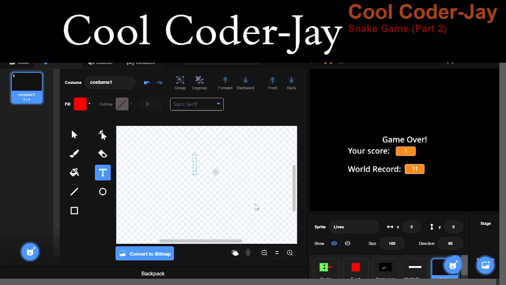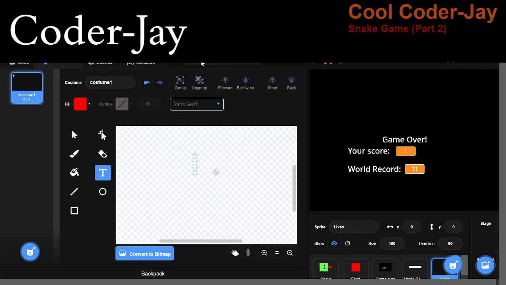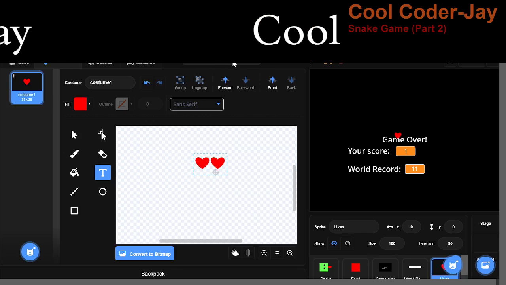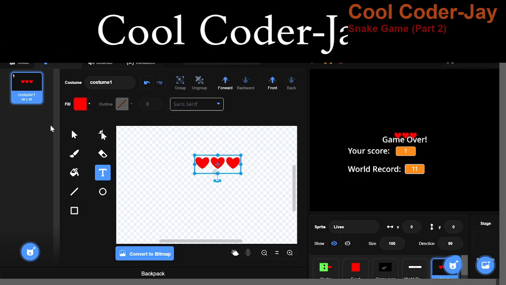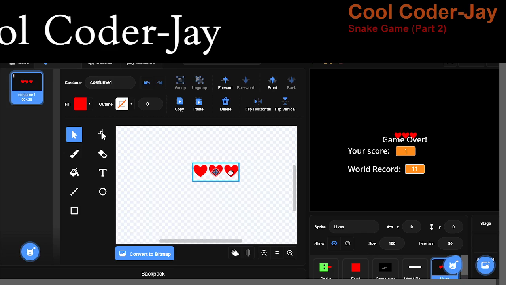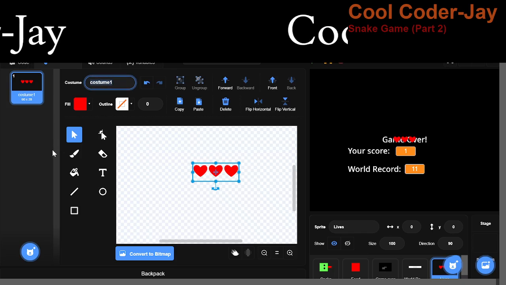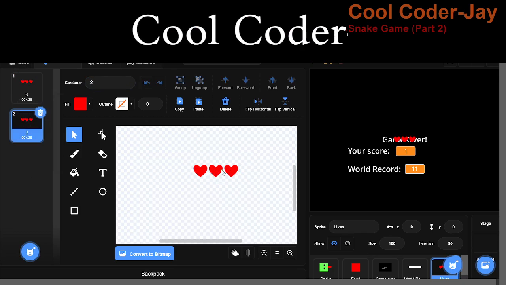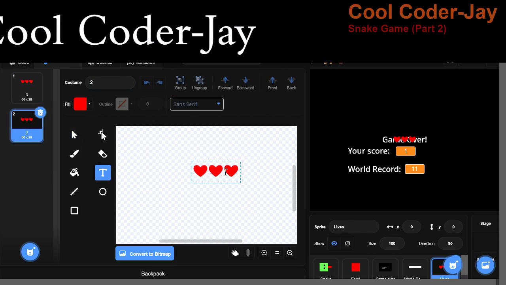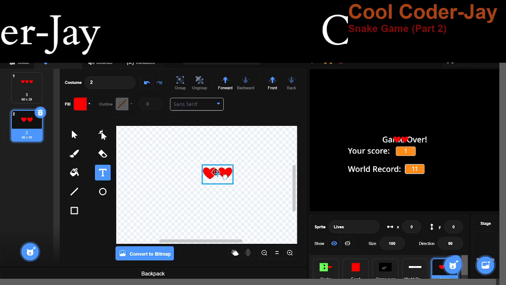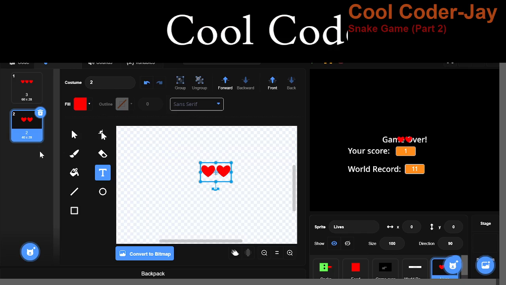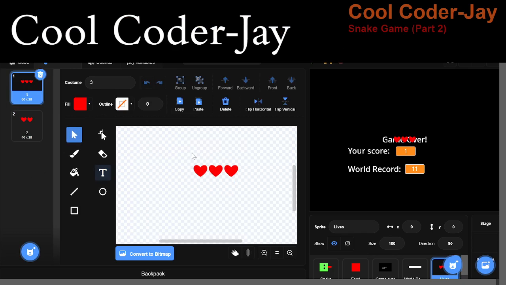Press Windows plus dot and then press the hearts emoji. So we have 3 emojis here. This will be named 3. Duplicate it. Now remove one heart and make sure it is centered, and this will automatically be renamed to 2.